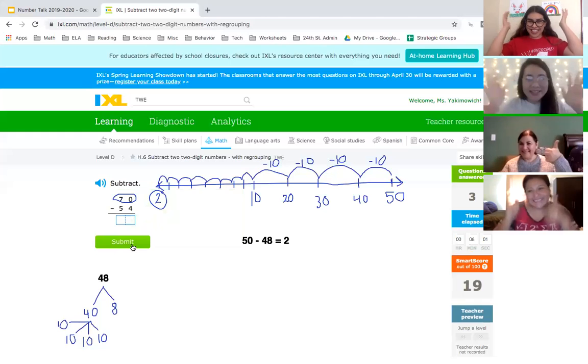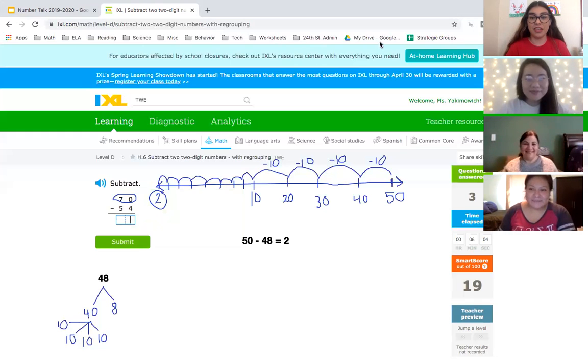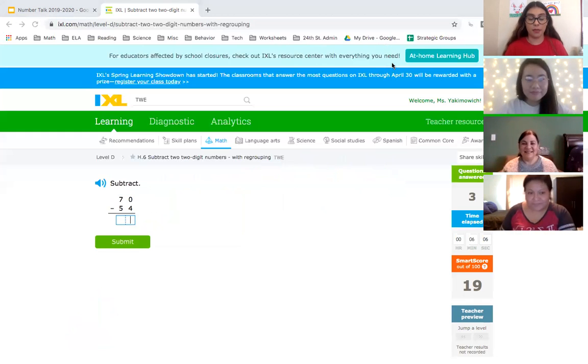Yay, we got the correct answer. Beautiful. So now we have another problem. And with this problem, we are going to do a friendly number strategy. So I'm going to write it horizontally. Maybe that'll help us out. So 70 minus 54 equals,